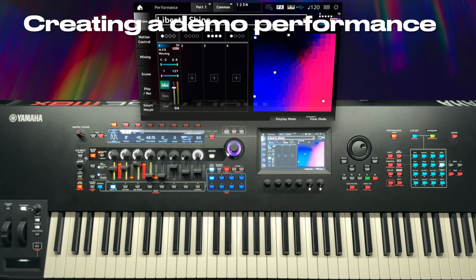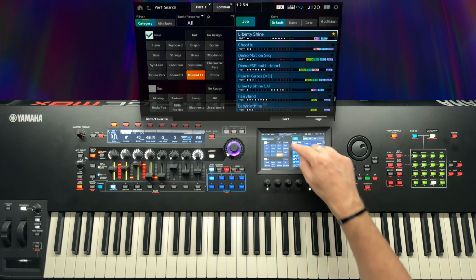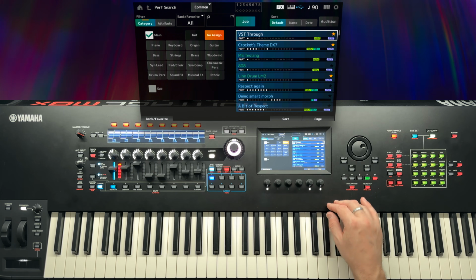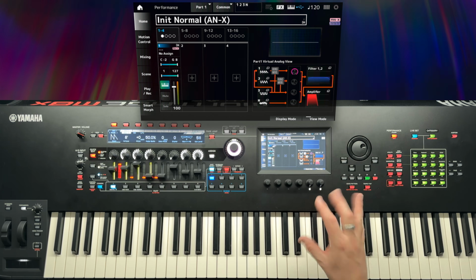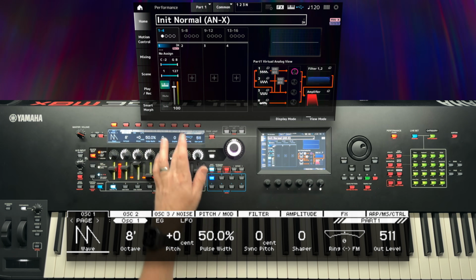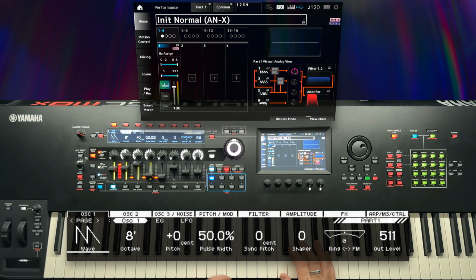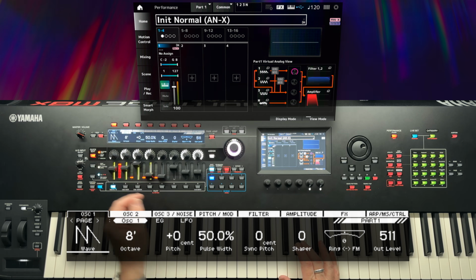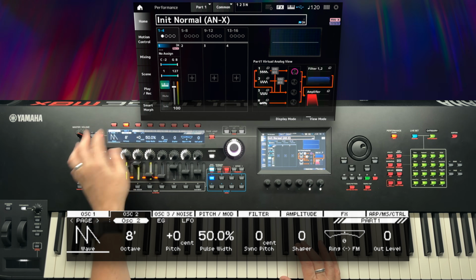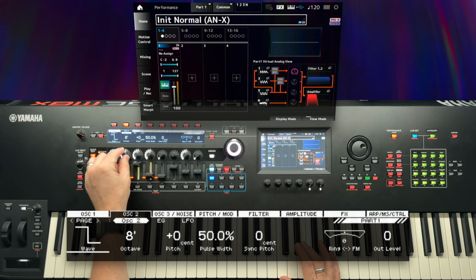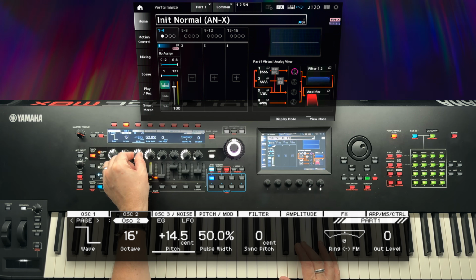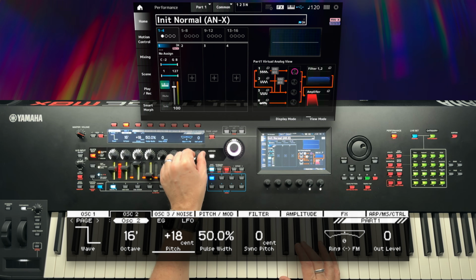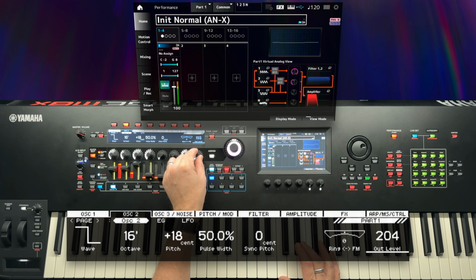Let's start with a really basic example to get us into the swing of things. I want a sound that comes with no control assignments at all, so from an init ANX performance, I'm going to create a basic pad sound using the quick edit controls. We'll begin with a saw wave and leave that pretty much as is. Then we'll add a second oscillator using a square wave and drop that by an octave. Slightly detune it by about 18 cents or so and raise the output level to 350 so we can hear it,